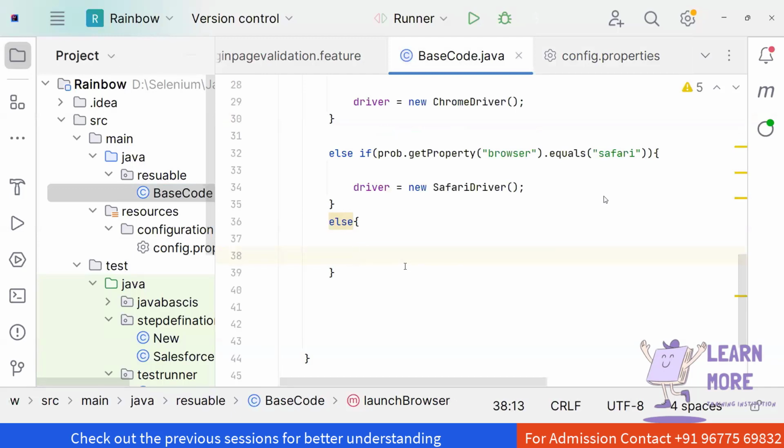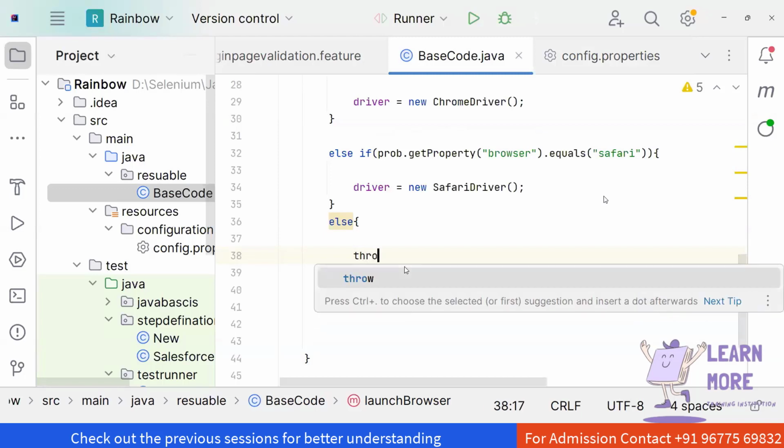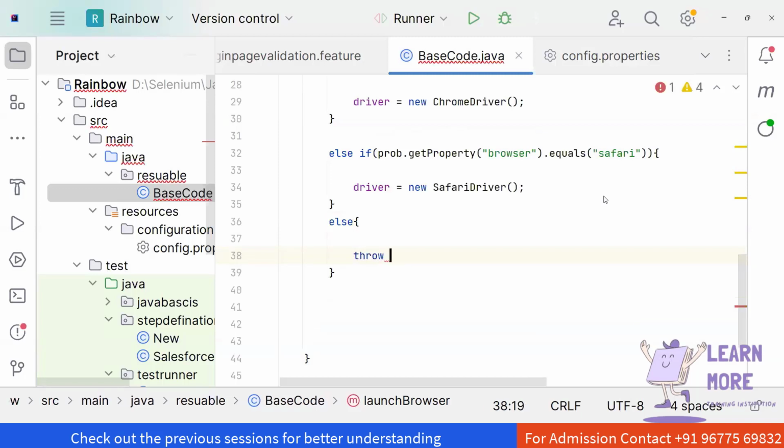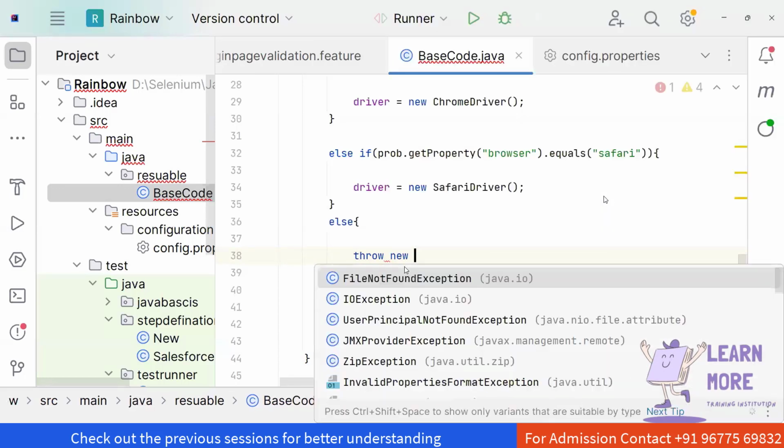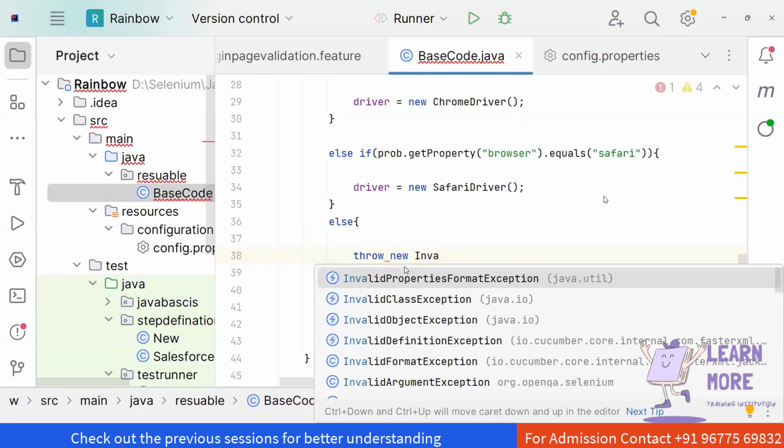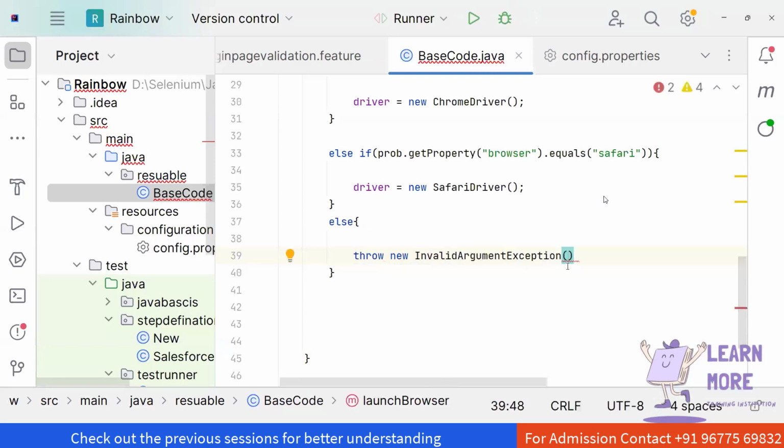So how can we throw the exception? With the help of the throw keyword, I'm voluntarily throwing the exception. All the exception classes are available in Selenium. The exception class we are going to throw is the invalid argument exception, and that is a class. In order to use one class from another class, we should create an object, and we create an object with the help of the new keyword. I'm just throwing the exception called invalid argument exception, and under which I'm going to specify